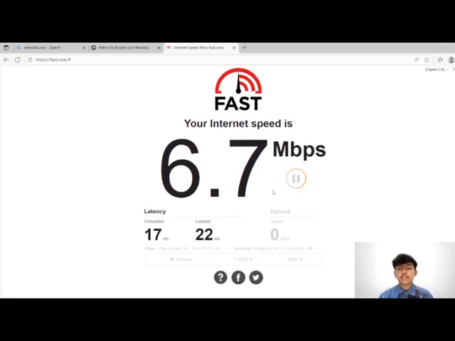The internet speed is 6.7 Mbps here, because I set it to 7 Mbps, and that's all from me.